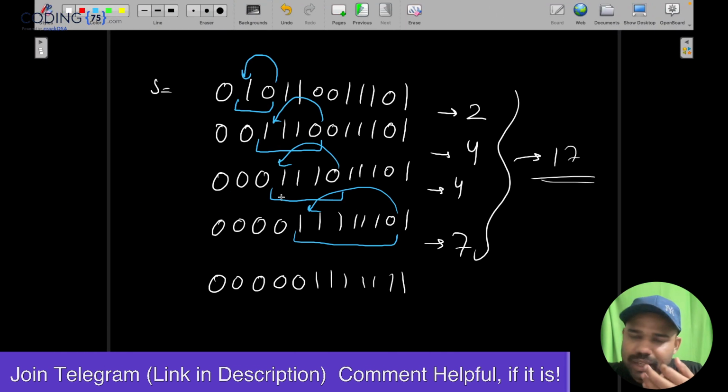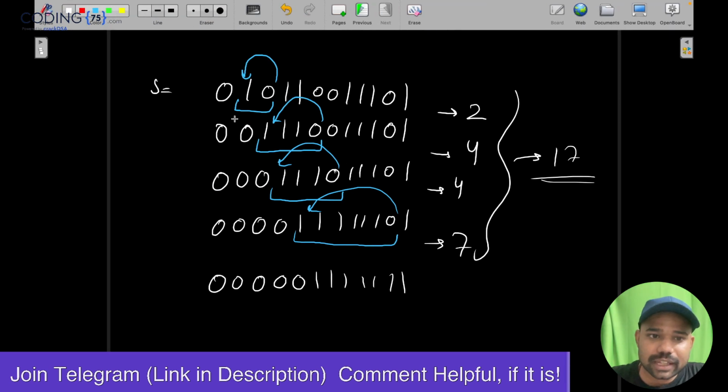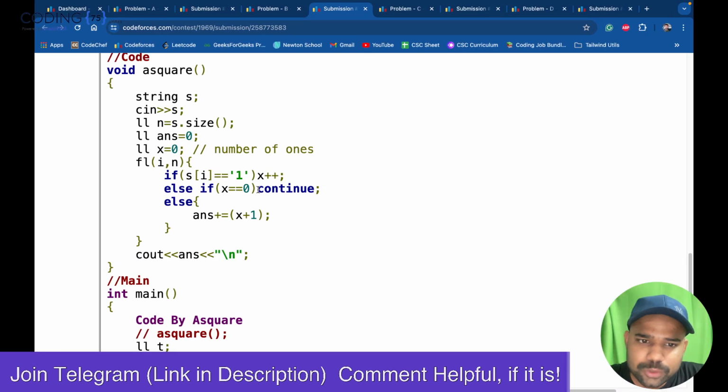Now look, if x is 0, meaning till now we have not had any 1, suppose there was no 1 before here. When there is no 1 before, no need to do anything. Simply move on. No operation needed. If there is a 0 and no 1 before it, no problem. Continue. Else, if s[i] is 0 and there are some ones present before,